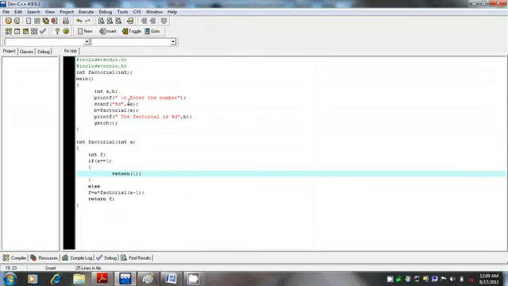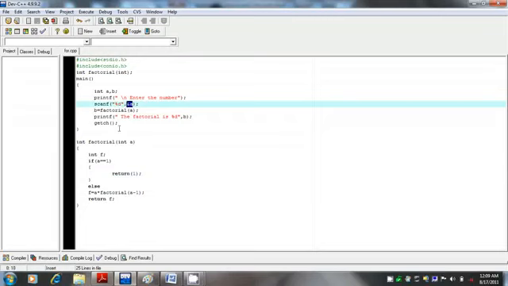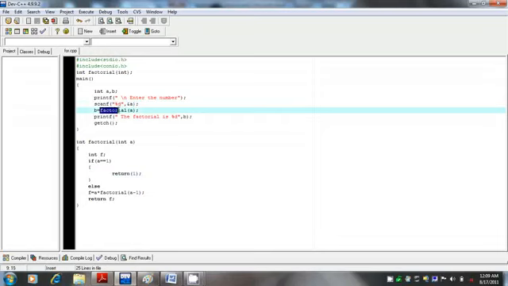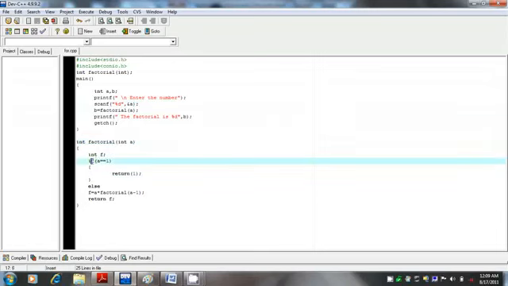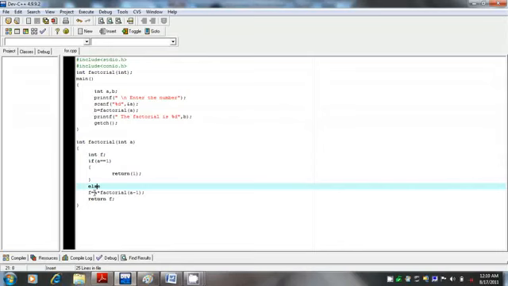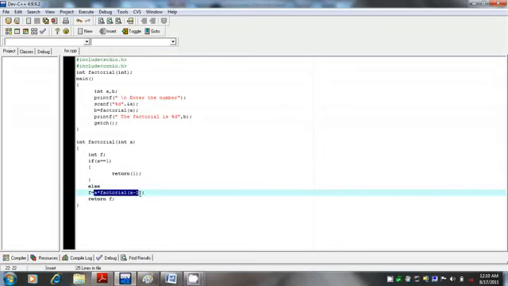In this case we have entered a is 5, that is, the user has entered 5. This 5, the user calls this function factorial a, that is factorial 5. So 5 has been passed over here, and if a is equal to 1, which is not the case, a is 5, so we will skip this part and we will come to else. Else f is equal to a into factorial a minus 1, that is 5 into factorial 5 minus 1,